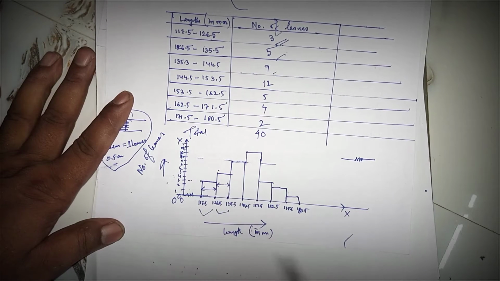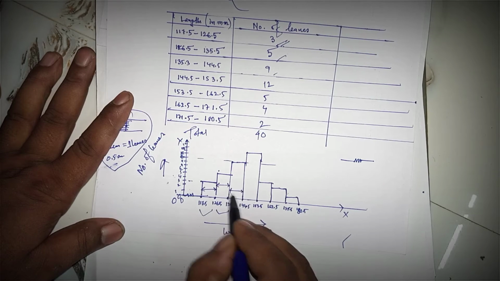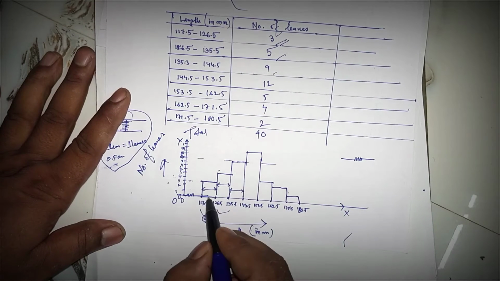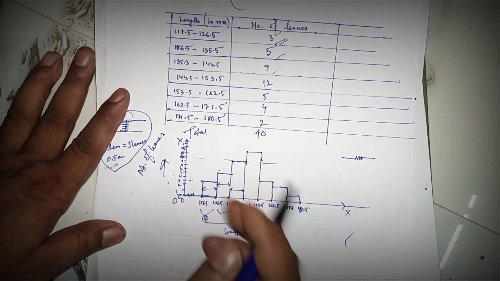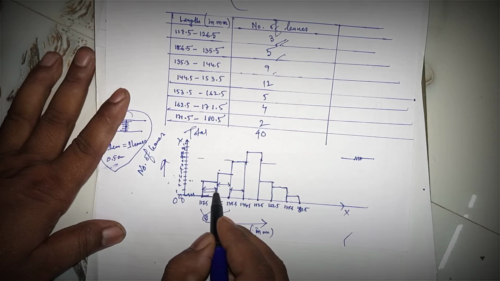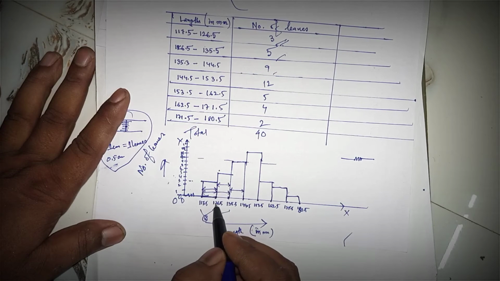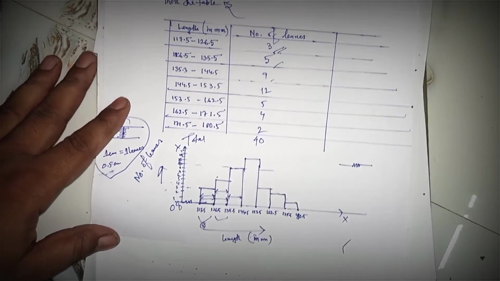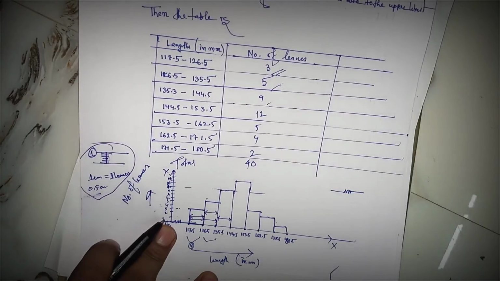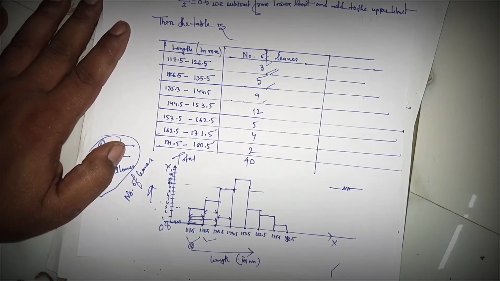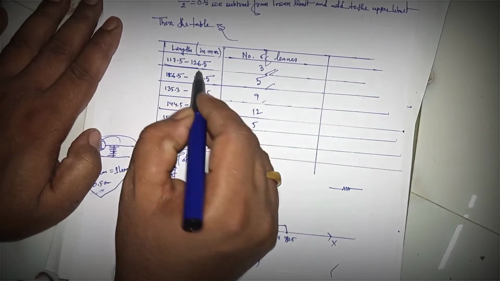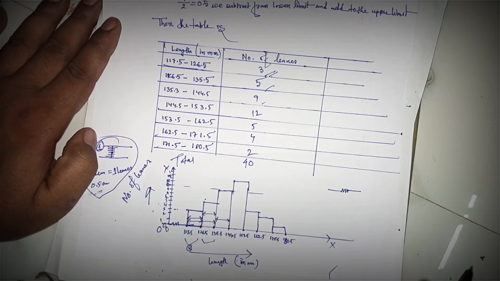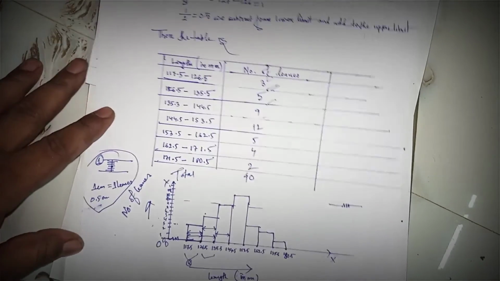Here the length of the bars is uniform, that means equal. Each and every bar's width is 8, class size is 8. So we can take the scale 5 centimeter equal to... Okay, so the width of the bars is uniform and equal, and there is no gap between two bars. So in this way we draw the histogram when there are discontinuous intervals. First we make it a continuous interval, after that same as before. Okay, so the first question is complete.